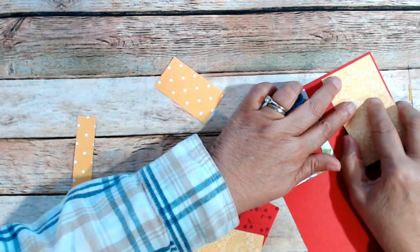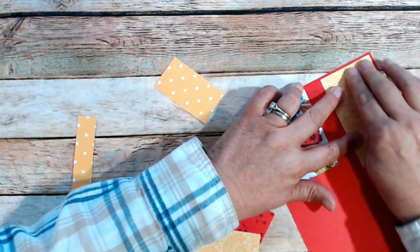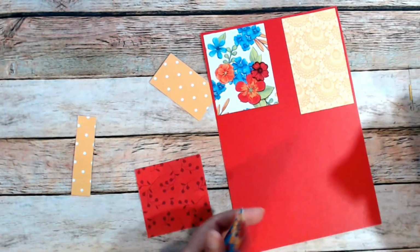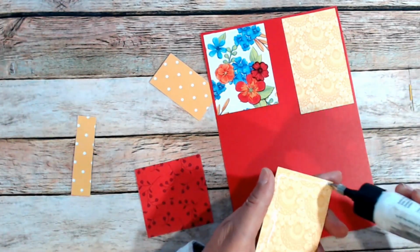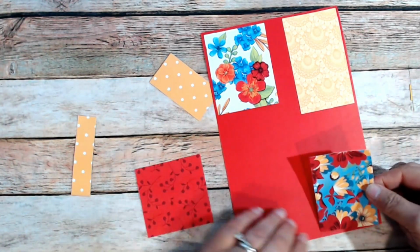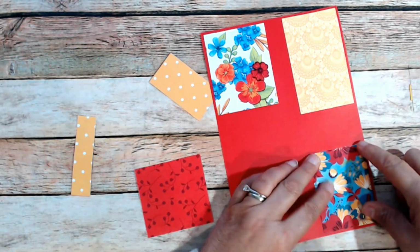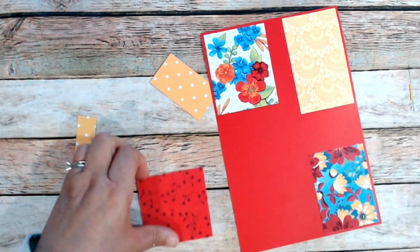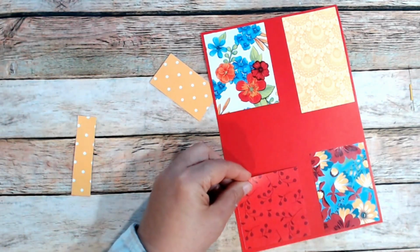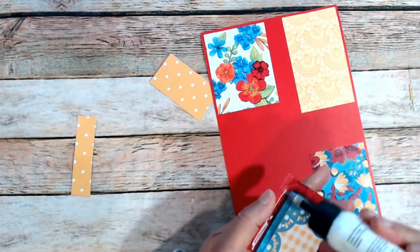So I'm going to start in the corners first and make sure there is the same size border on the two corners that I can see. This one I'm going to do the flowery side because you know that is probably my favorite. And that does look nice on the red. I like that. Well, that won't work. Do I want that red on red? You know, I'm going to do it just